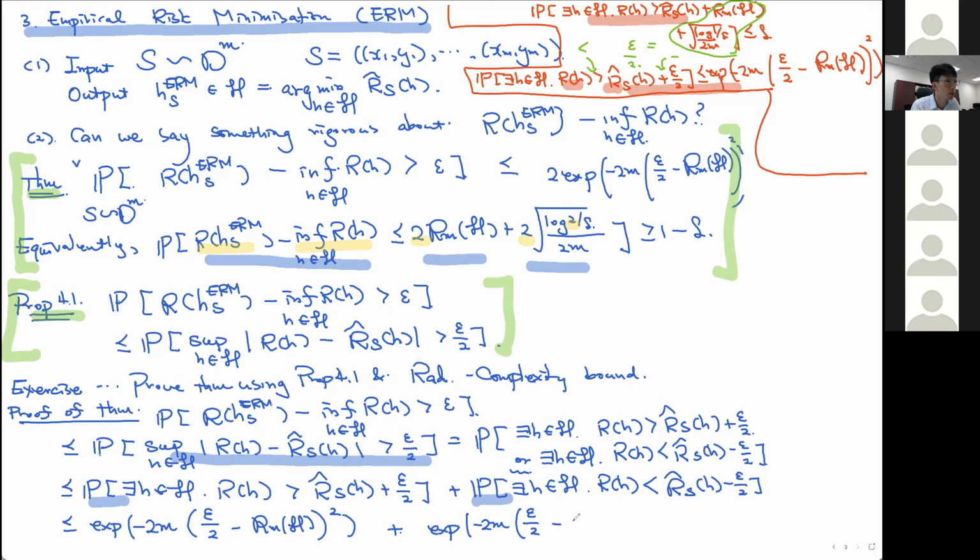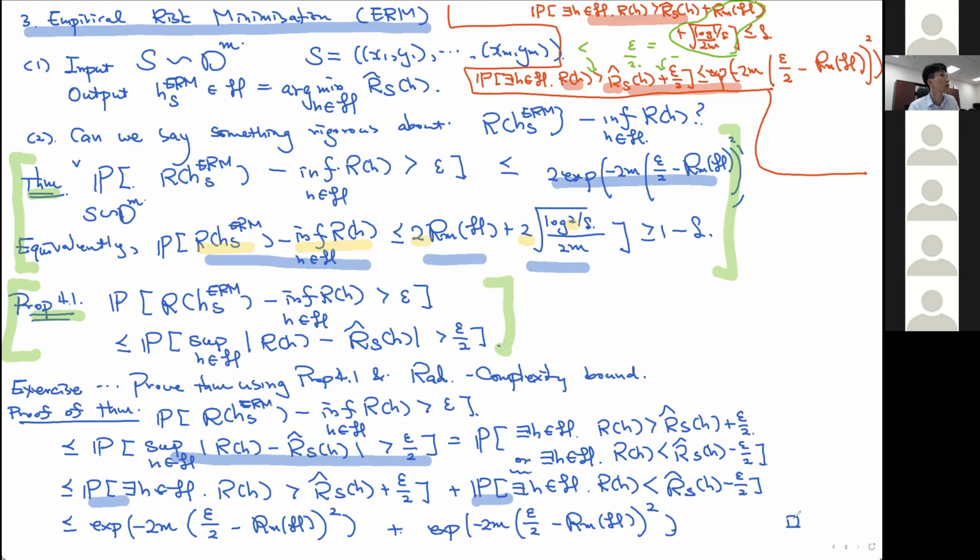So if you add them together, you will get the result claimed in the theorem. Theorem said this is going to be the generalization bound on the probability. And now the question becomes,